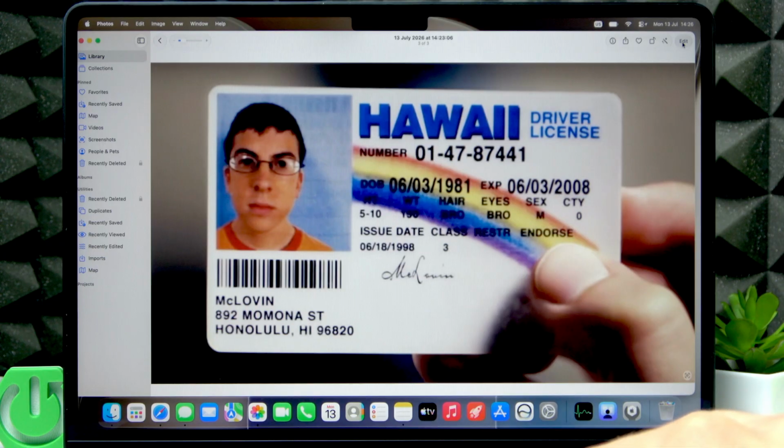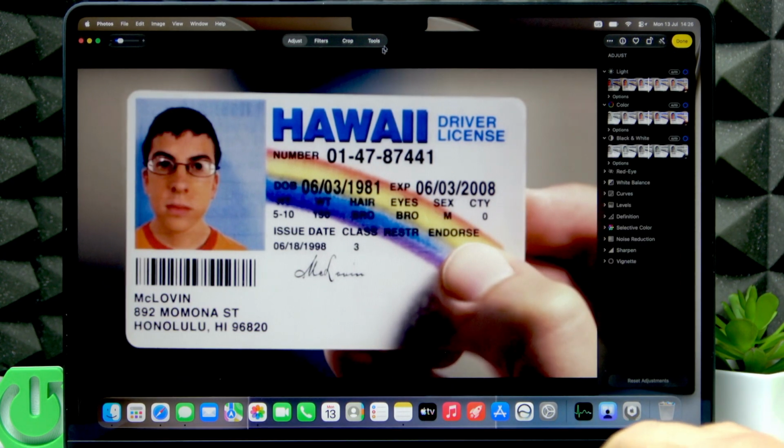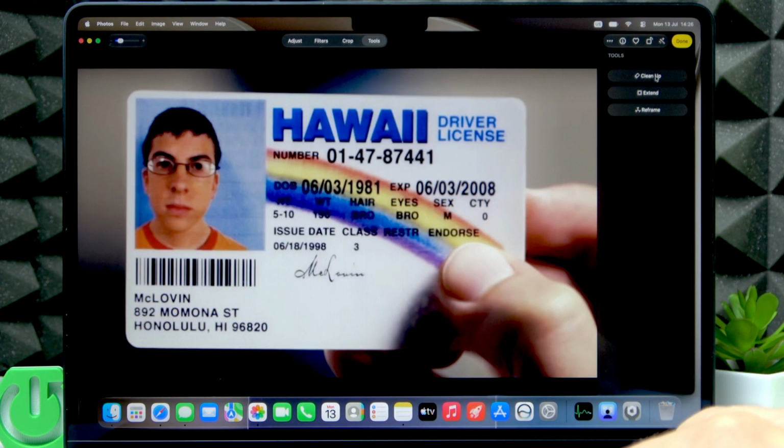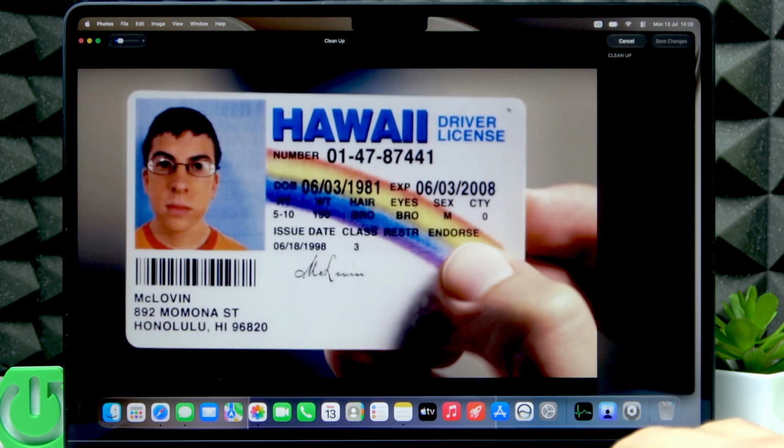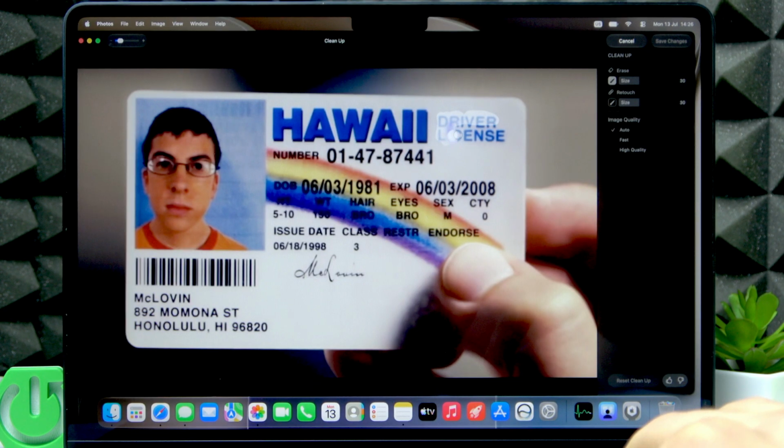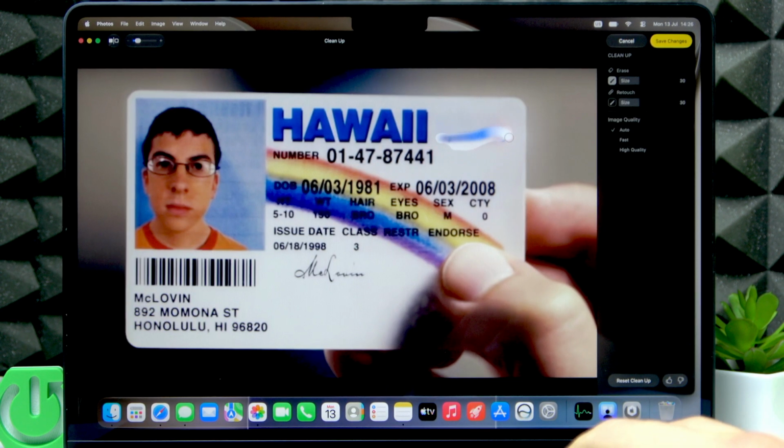So for example, let's check out the old one, which is the cleanup tool. Tap edit, tools, and here we have our old tool, which is cleanup. And now let's clean up the driver license, for example, right here. I'm not sure if it will allow me to do so, but let's check it out. Let's make a couple more changes and a bit more,